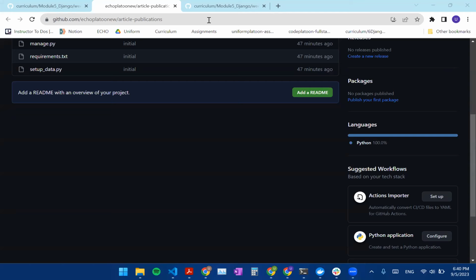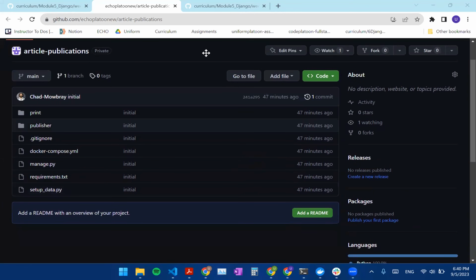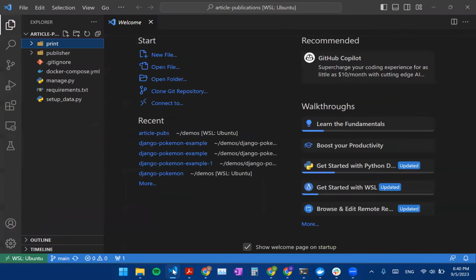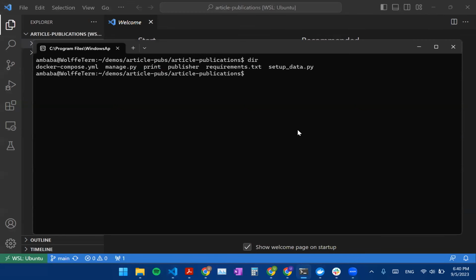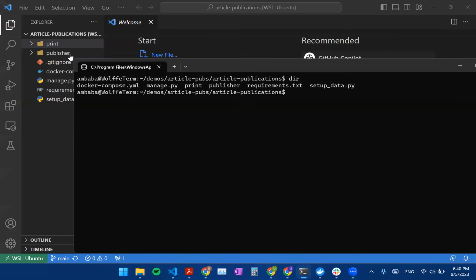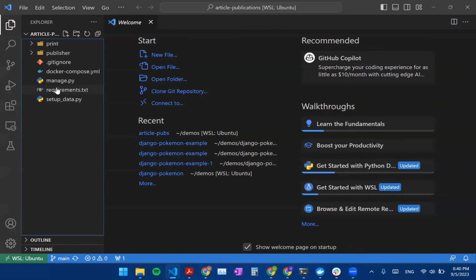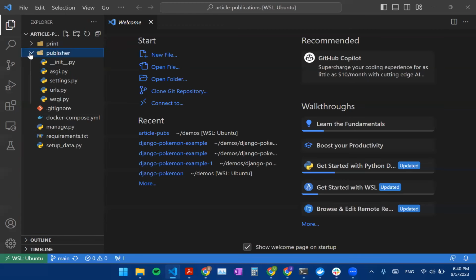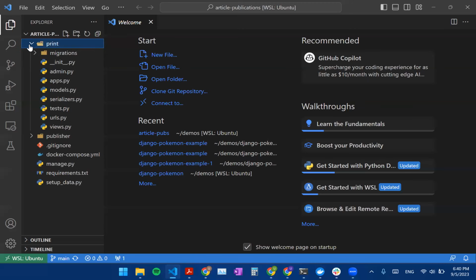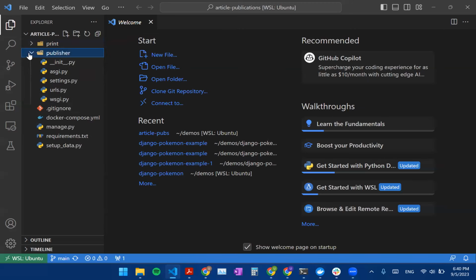We're going to be dealing with article publications, which is a brand new Django project. I've already cloned that onto my computer over here. As you see, both in the console and also in here, it's got a Docker file. It's got manage.py, setup data. It's got some stuff inside publisher and print. Okay, so